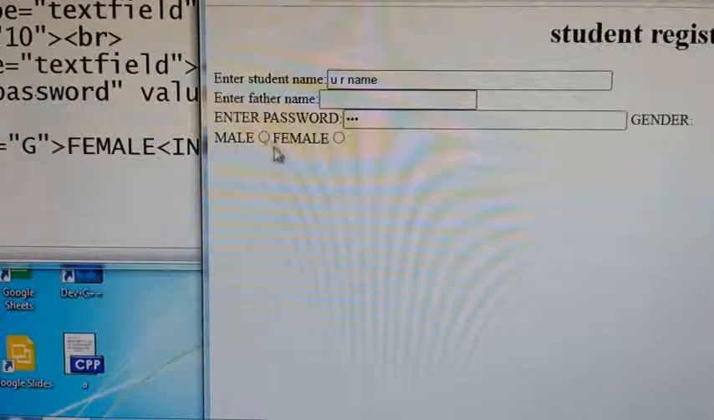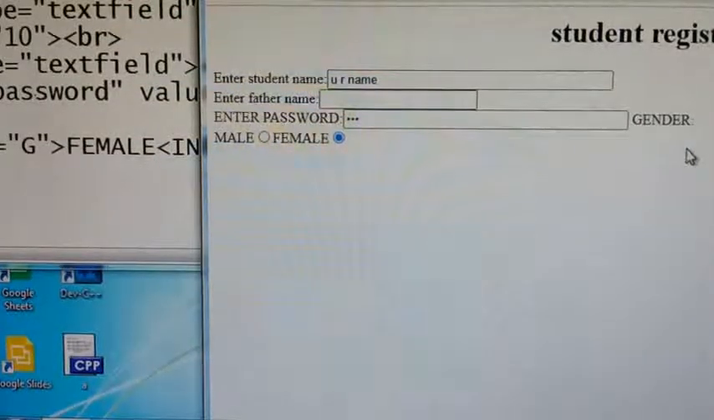See, here I am clicking on this. This is disabled. You see, if I click on this, this is disabled. What it is telling is that the user must give only one value. If I select male, the other will be disabled. If I select female, male will be disabled. Okay, what it means, the user should enter only